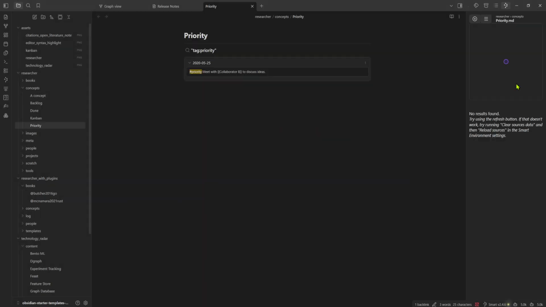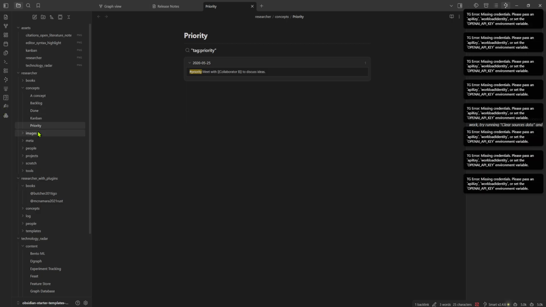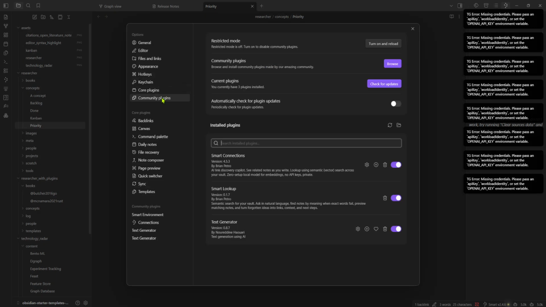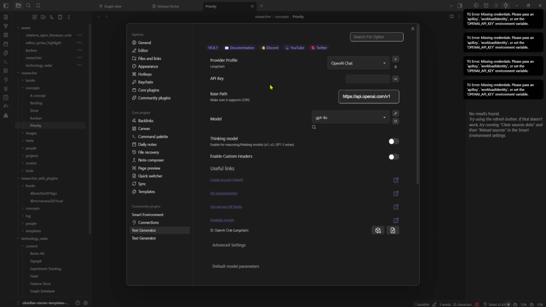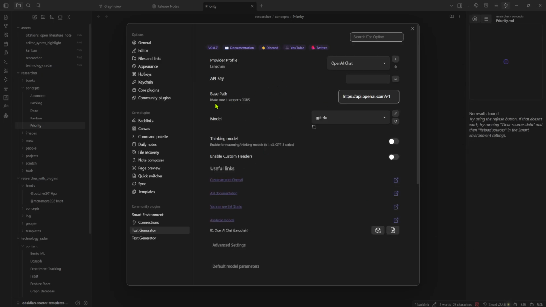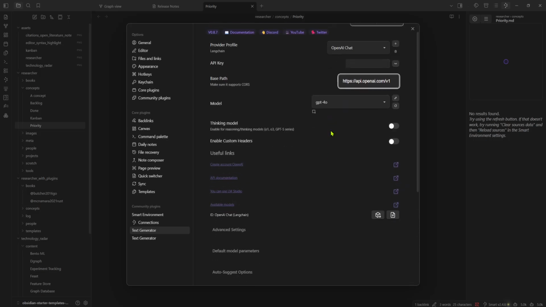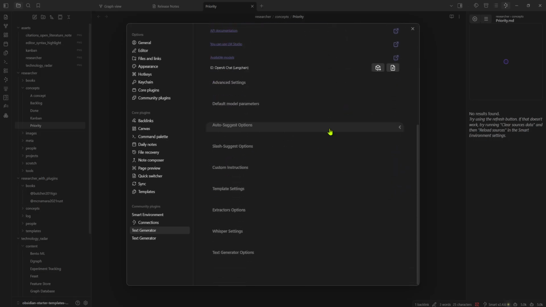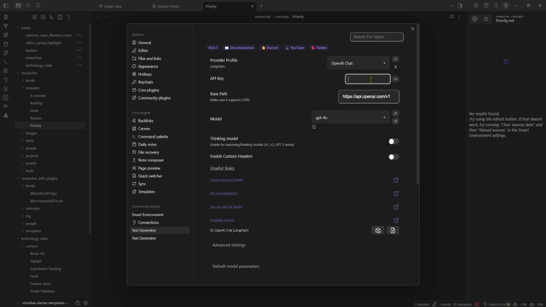All right. Also for this one, we will need API key. So yeah, this is pretty much how you can connect AI. So you will need to use API key. So make sure it supports CORS. Right here you have some HTTP version. And right here you will put in your API key, which you get if you are using OpenAI